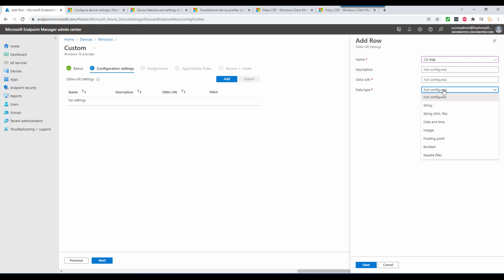Okay, I need to change this to integer now for OMA-URI. Let's add the Microsoft vendor. Now if I do /, let's go back to, see this one,